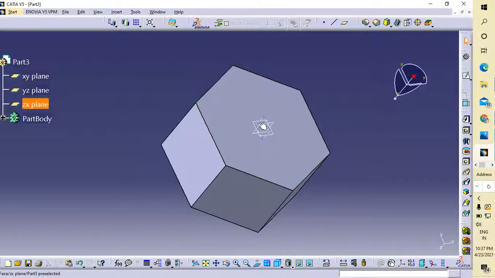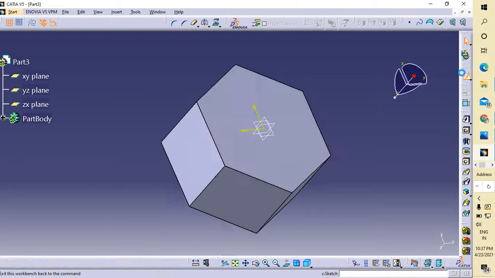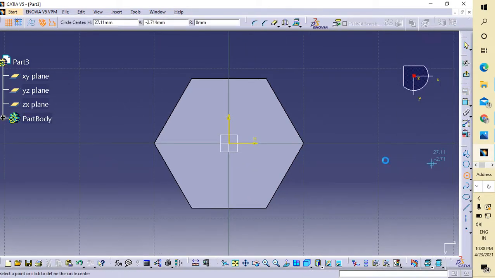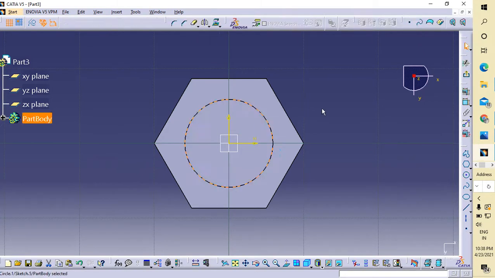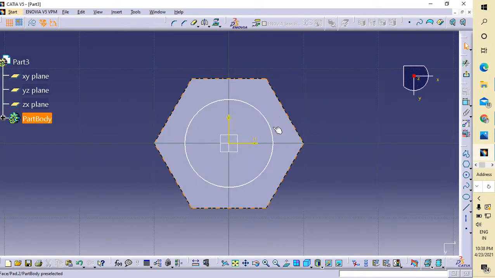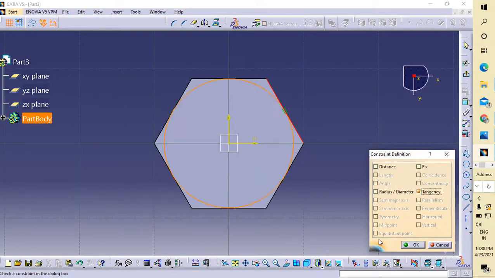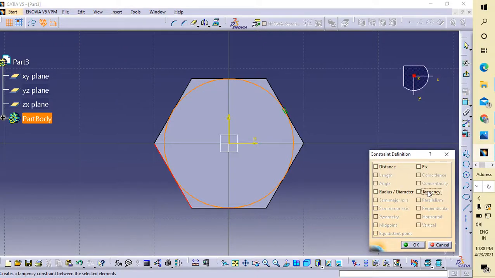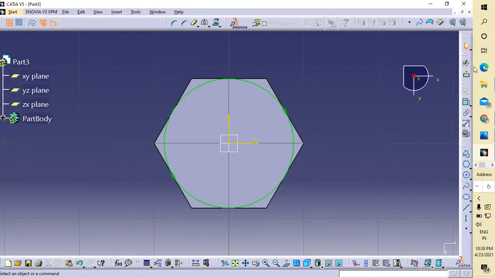So let's go here and select. I'm selecting this one and going to sketch. Okay, no problem till now. Go to zoom to fit. Now I'm selecting circle and drawing a circle which is tangent to this end. Okay, it is tangent to all the parts. For this I am also taking tangent. No problem.